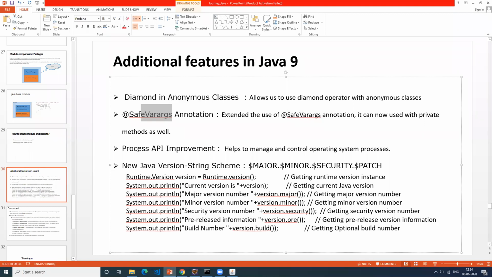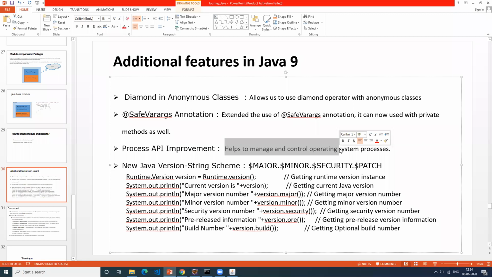And there is one more, the process API enhancement, wherein there are some operating system related APIs you can use. For example, when you execute your application in your environment, let's say you are running on Windows or Mac, and you want the system level information, like what the process name is. Generally, what we used to do is run ps to get the PID and grep for the name of your Java process.